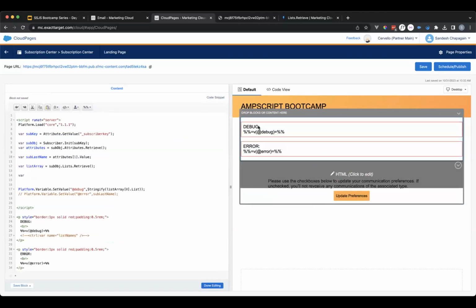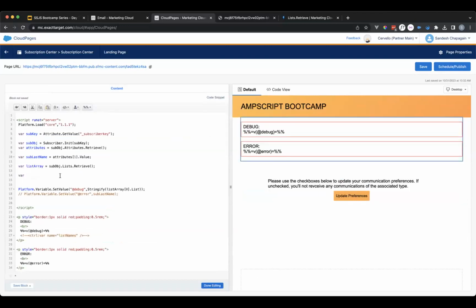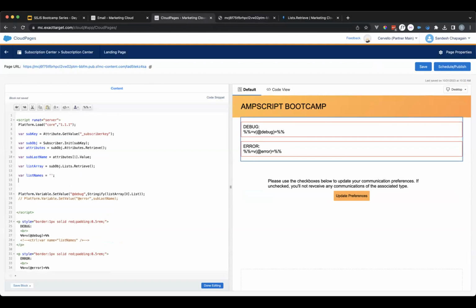Let's go back here, and we can see that in just a minute. It just takes a bit, but for now, let's say we make a variable, call it list names, and that can be empty in the beginning. And then we write a for loop. Oops, I did that again. I'm so used to writing let, but let doesn't work in Marketing Cloud because of ES3. So we need to use var i equals 0, and then